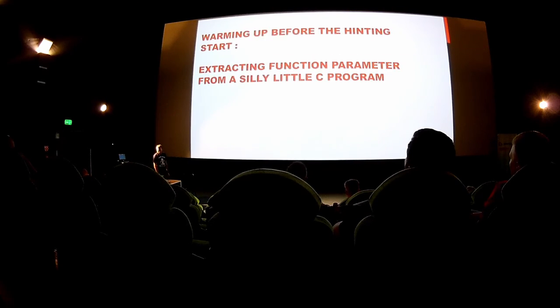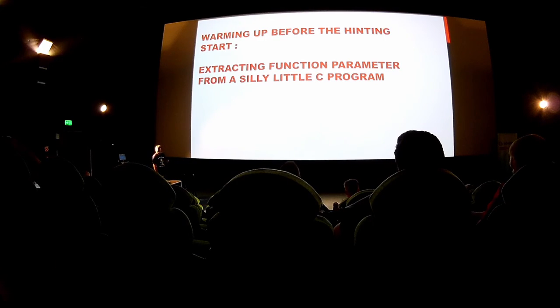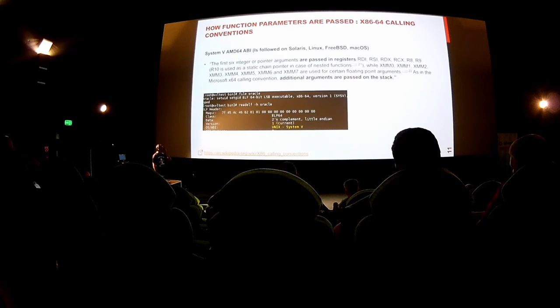So, before starting the hunting, let's begin with some warming up. So, as I said, there are two things that we need to know. The actual kernel function that is used for checking enabled events, and Stefan already has talked a little bit about the different APIs. And the second thing that we need to know how to extract is the event checked by those functions. And for that, we need to know how to extract function parameters. So for that, we need to know how parameters